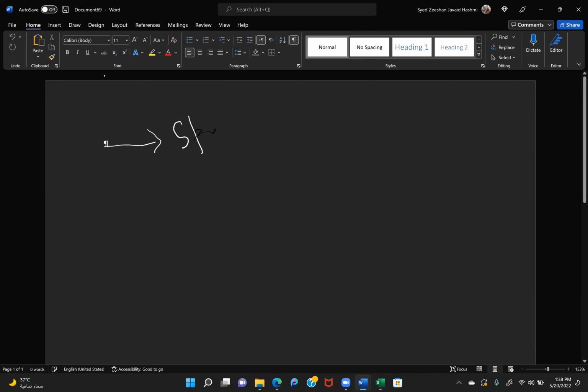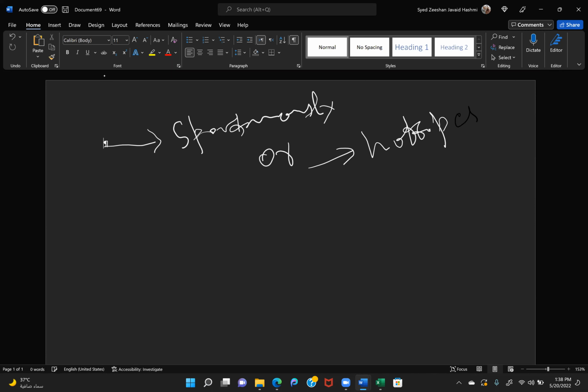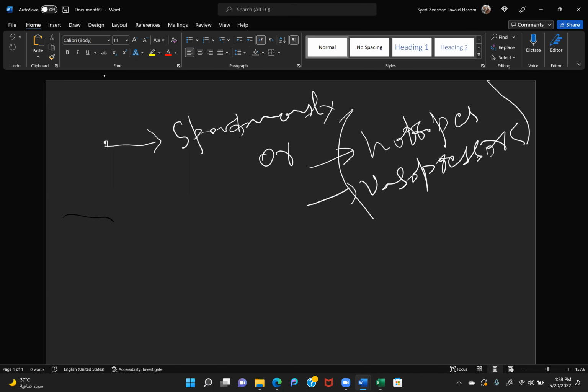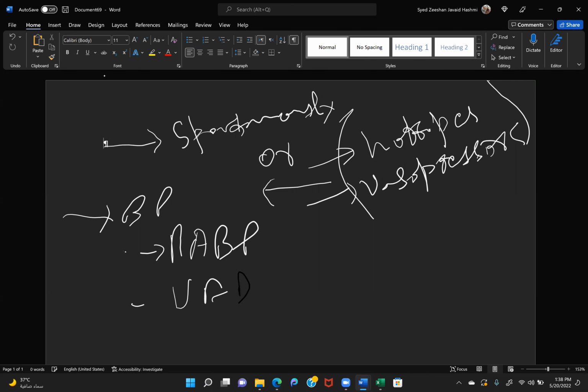And the baseline will be that in any ICU patient, all these things will be maintained either spontaneously or with the help of some inotropes or vasopressors, okay. So this will be the bottom line, that if for example the patient is maintaining a certain blood pressure, you will say that either it is spontaneous or with the help of some inotropes or vasopressors, okay. Or any invasive device like an intra-aortic balloon pump or ventricular assist device, or like specific cases,